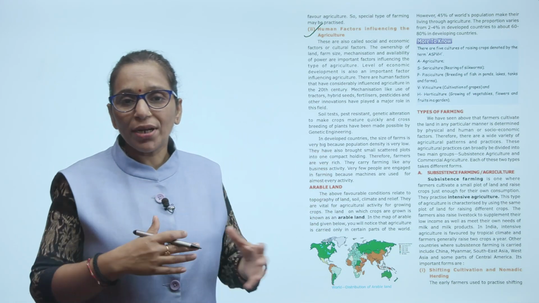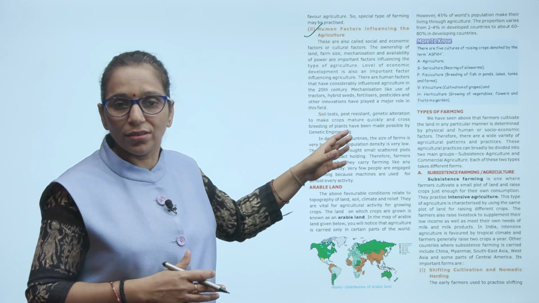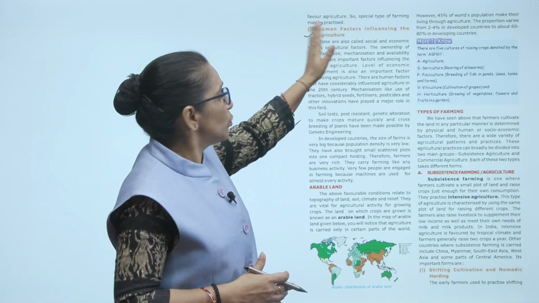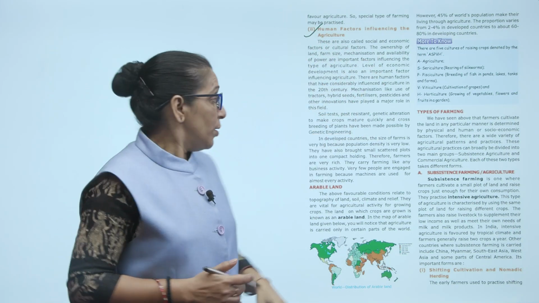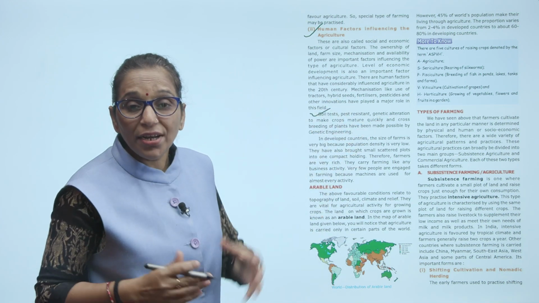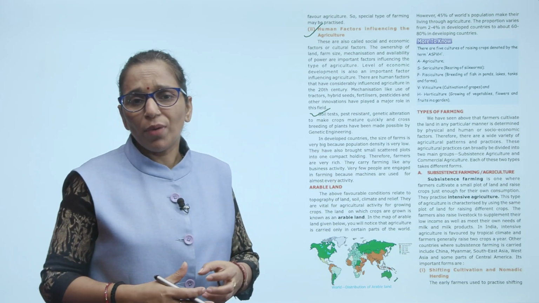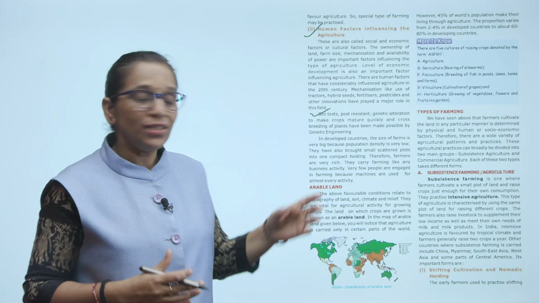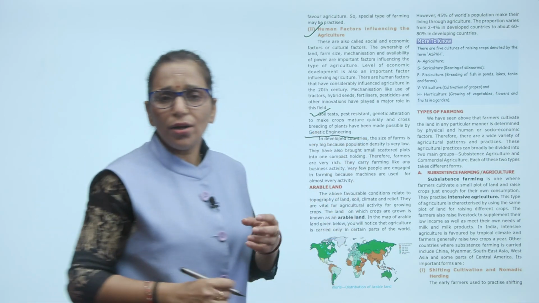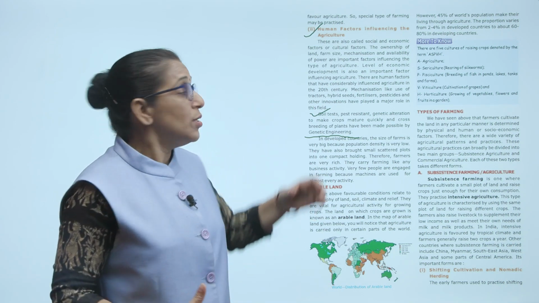So the level of economic development is also an important factor influencing agriculture. So these human factors need to be considered to grow any crop. Now, number one, soil test, pest resistance, genetic alteration to make crops mature quickly, and crossbreeding of plants have been made possible by genetic engineering. It means these days we are using different types of machines and technology to increase